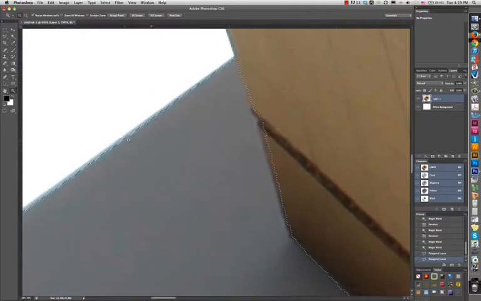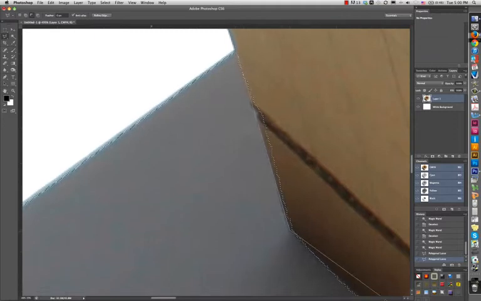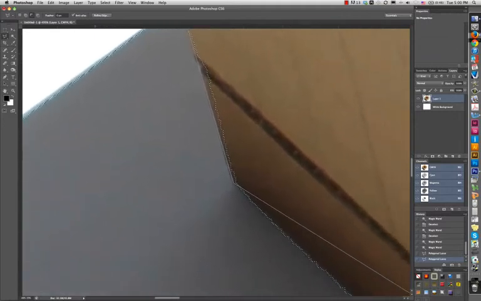In this case, if we zoom in really closely, we can see that even though we were pretty close to what we wanted when we were looking at it from a higher level or a further out zoom, when we zoom in pretty closely, our edge is not quite exactly what we want, or it's not quite exactly lined up. So I might want to, in this case over here on the right, use the deselect portion of the tool and go in and kind of straighten out that edge,